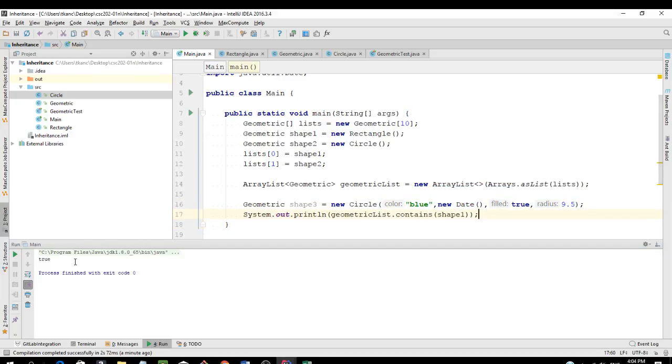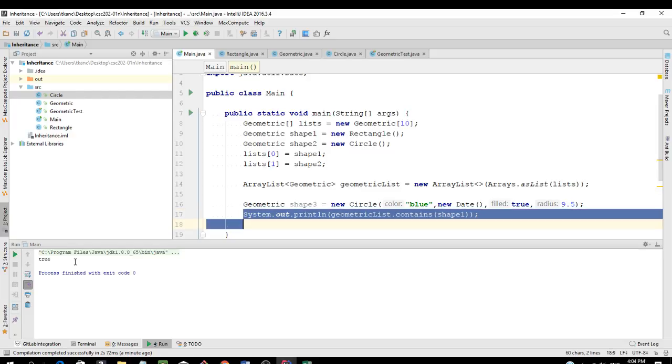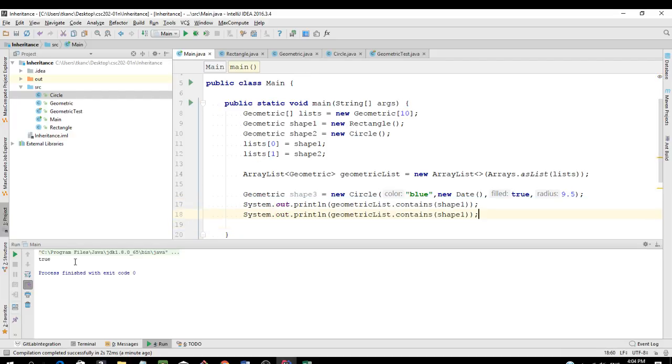So I just create a new one, and let's check if I have access to the ArrayList to see if shape3 is in the list. In this case it should return false,